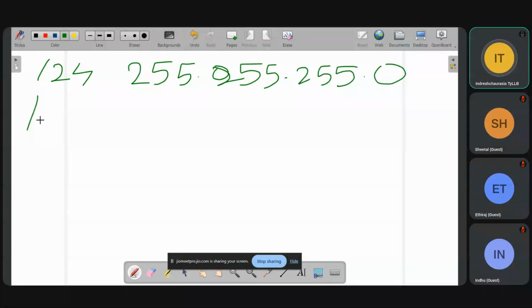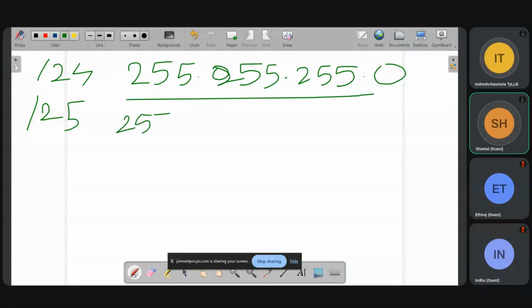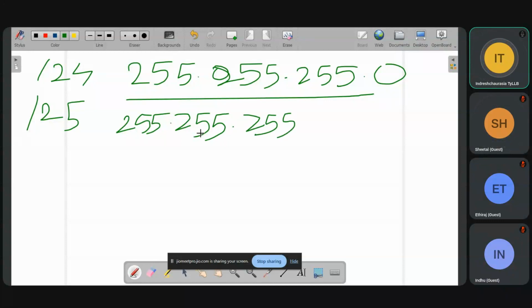Now slash 25, how is it represented? Till here it is the same. What is varying? The last one. So when I say slash 25, here it will come 192.